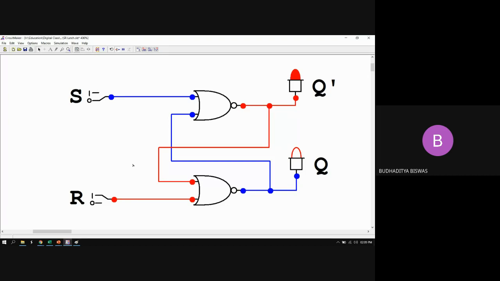0 plus 0 equal to how much? 1, sir. 0 plus 0 equal to 1. NOR gate বললেন তো? 0, sir. না না, আমি ওই যে কোশ্চেন করলো যে দুটো 0 হলে 1 কি করে হচ্ছে, তাকে জিজ্ঞেস করছি আমি, যে 0 plus 0 equal to how much?